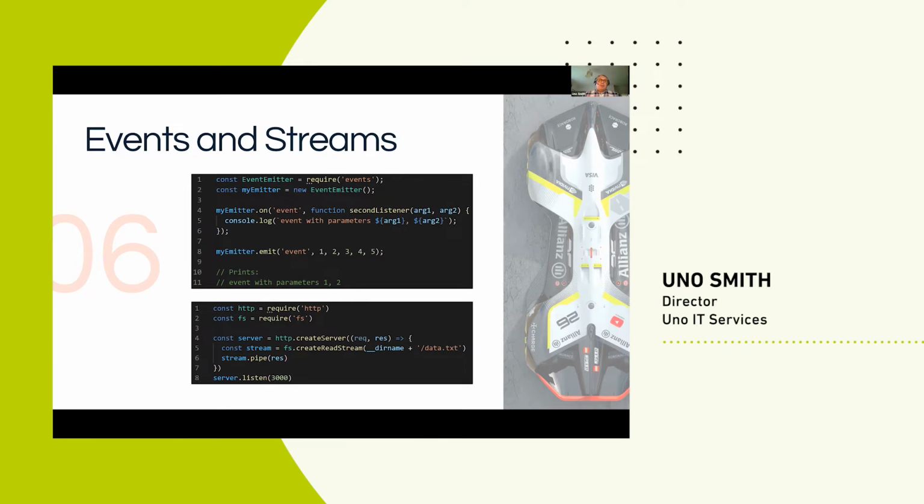So the top block is an example of an event, and this is a bit of JavaScript code that creates an event. It's not particularly complicated, but what it does is, on line 8, it emits that event with a payload. So the event has a name, and it's called event in this case, and then it has a payload attached to that, which is a number of arguments. So if I console log it there on line 5, if I push that onto the console, say if it's an event with parameters and the first and the second argument, it gives me what you can see right at the bottom on line 11.